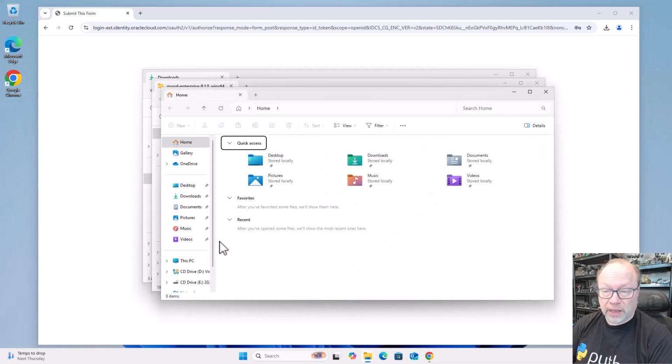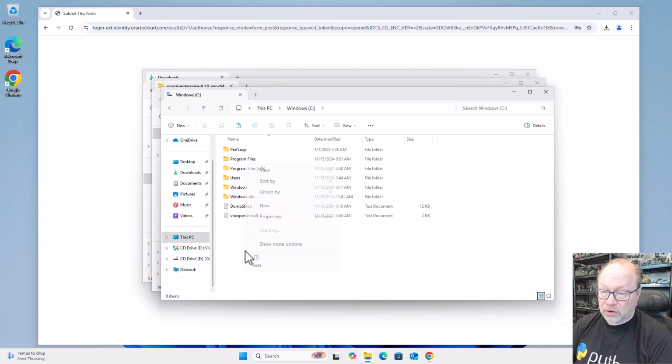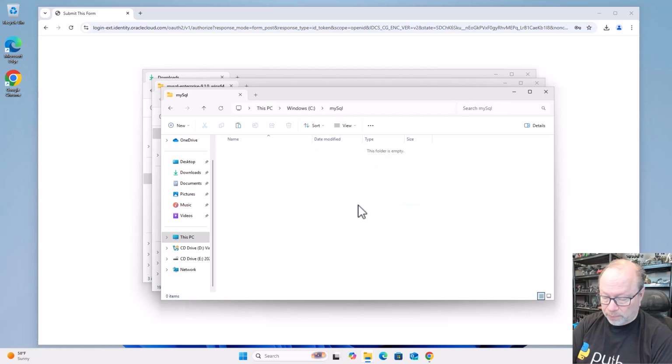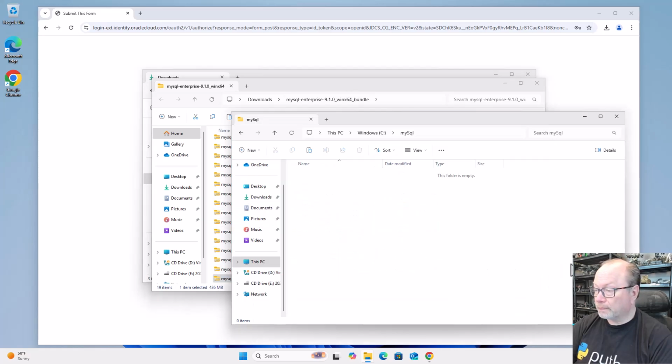Now I'm going to create a new folder on my C drive, and I'm going to call it MySQL. MySQL, and we'll paste that zip file. It did not copy. There we go. All right, and then we're going to unzip this one,